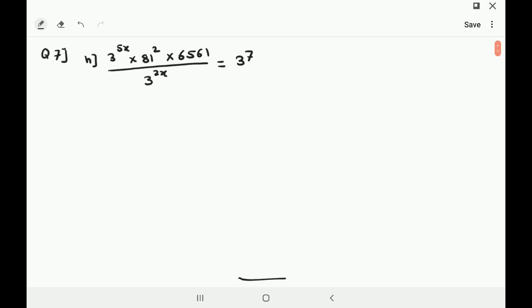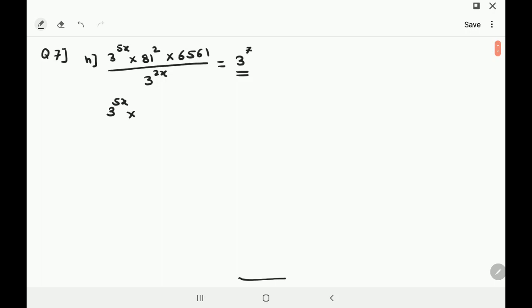So let's first of all complete the topic. We have got some questions to finish. The first one was asked for you to try, and I'm just taking it in front of you. It's so simple. I have to find the value of x. So let's start. It is 3 raised to 5x into, see, it's very clear that at your RHS you have base as 3. It is 3 raised to 7.